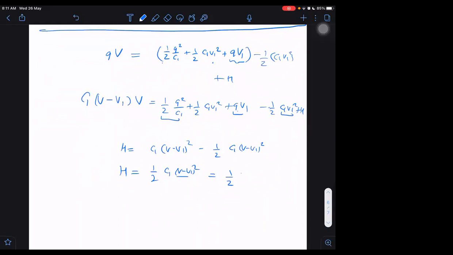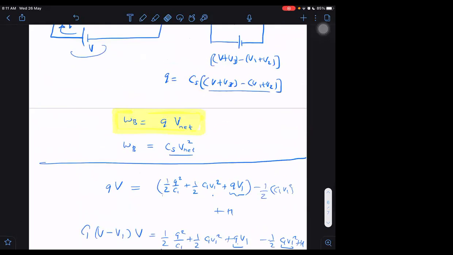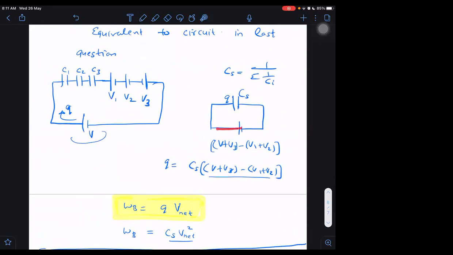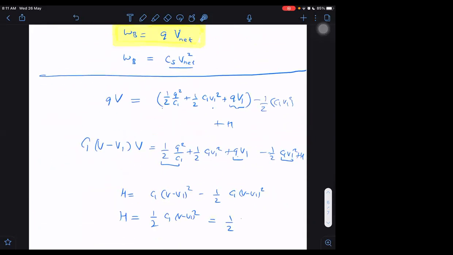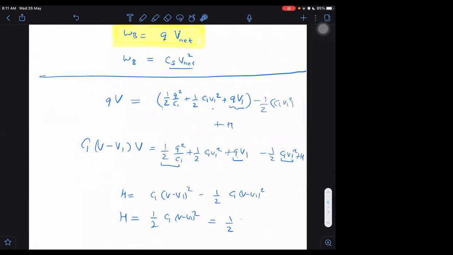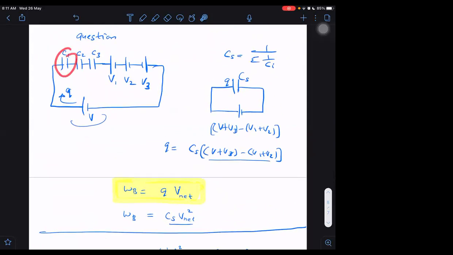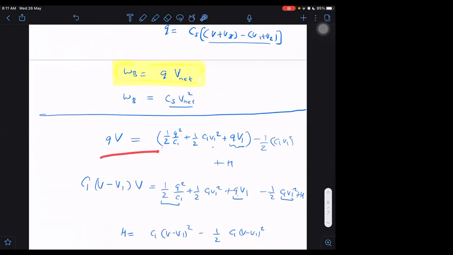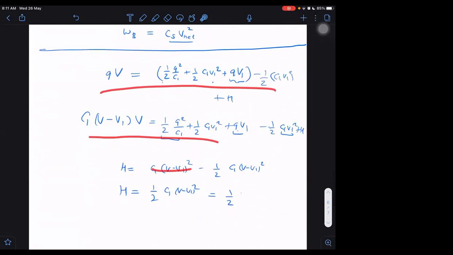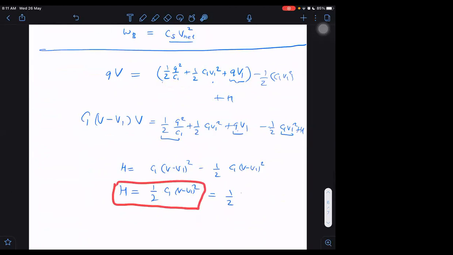Finally we are able to prove this result: in the equivalent diagram, if I have some voltage, then by taking that voltage V minus V1, you know what I have done in the last case. In this particular case, I'm not solving the entire circuit. I'm just assuming I have just one capacitor initially charged, and then what would be the result? For just one, we are getting that heat supplied is equal to half of C1 into V minus V1 square.